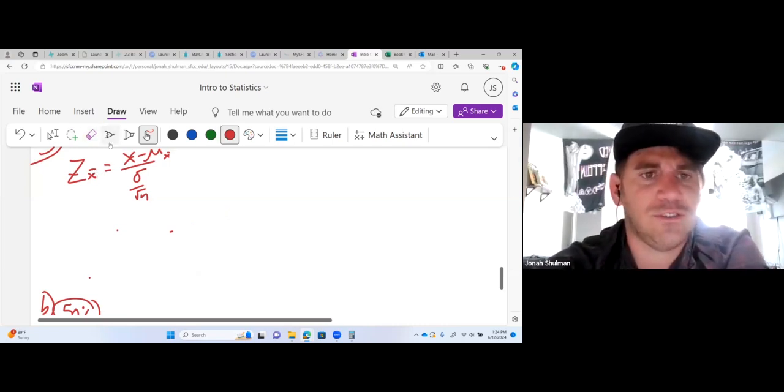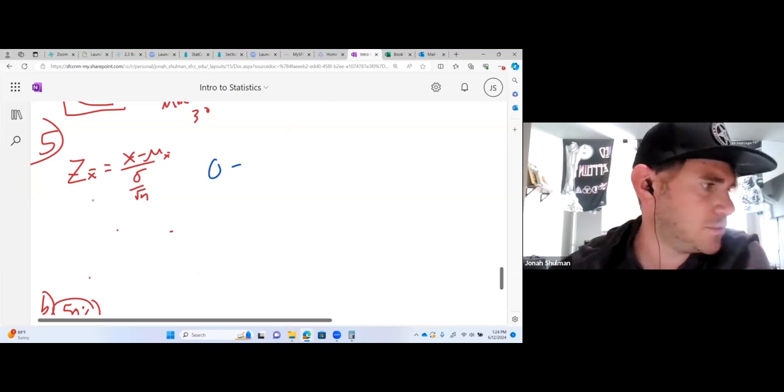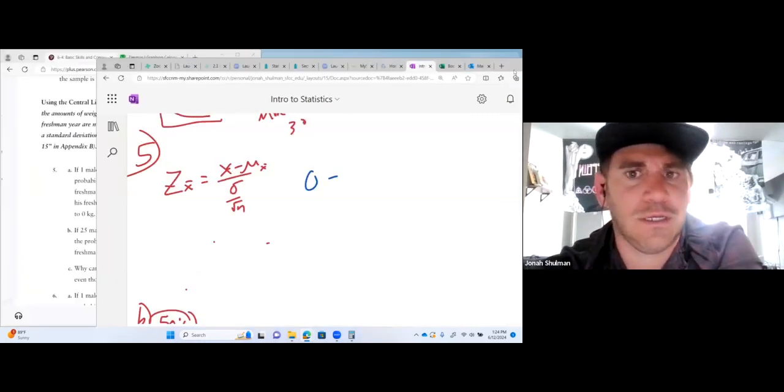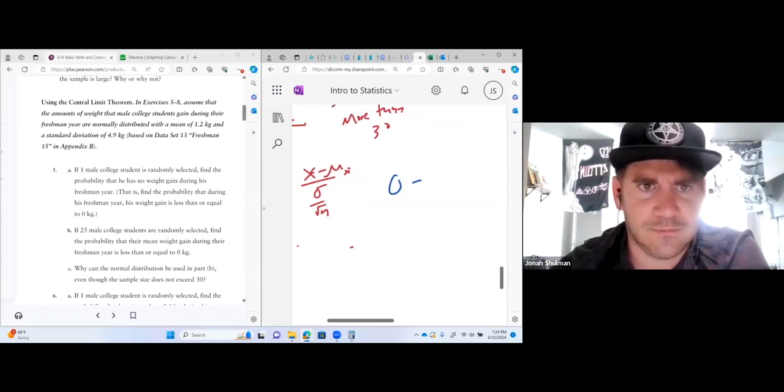So this is the weight change. Okay, so that's why it's going to be 0 minus. I just didn't read the question well enough. You know why? We're all human. We all make mistakes. So our z squared